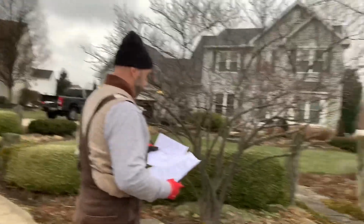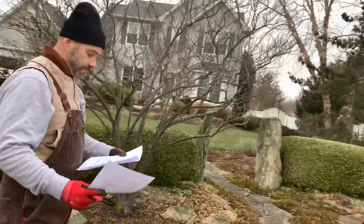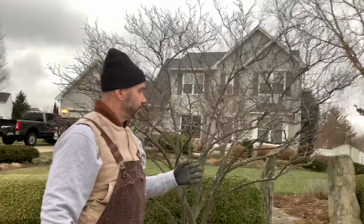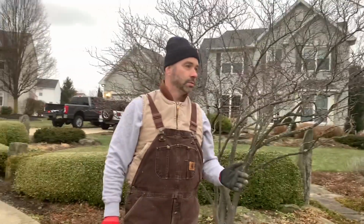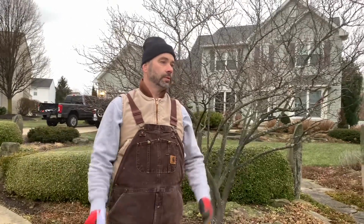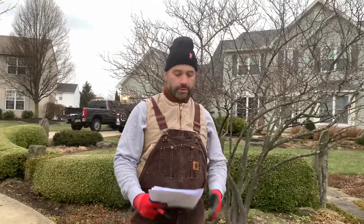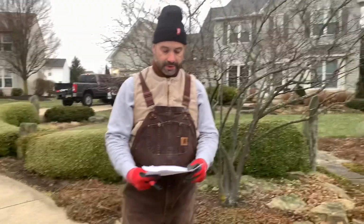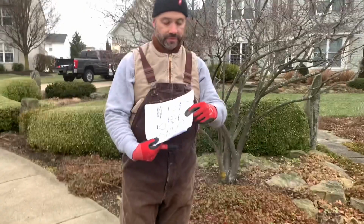Okay, before we jump into this, real quick. Plants have shapes, okay? Not all plants are meant to be shoved into a ball. We're not trying to make basketballs and Parcheesi pieces by shearing everything into a ball. So every plant has a natural form. And probably the most basic is just to do something like this, where you have